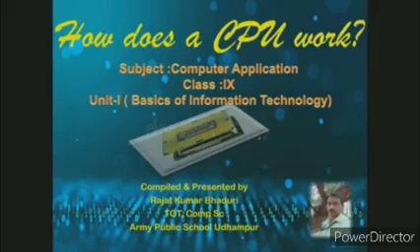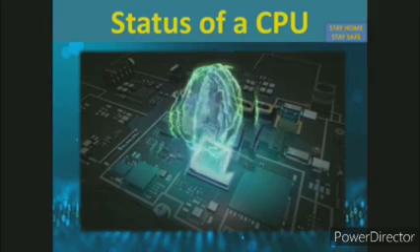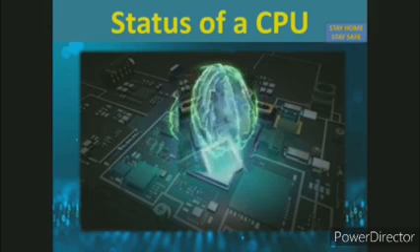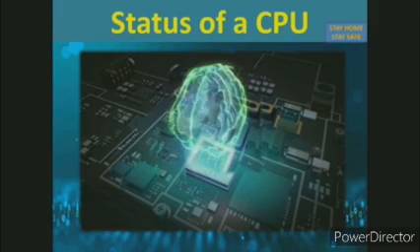We're going to start a fresh new session with a very fresh new topic: how does the CPU work? You have to understand that the performance of a person is directed and dictated by the performance of his or her brain. Similarly, the performance of any electronic gadget, especially whenever data processing is concerned, whether it's a laptop, mobile or desktop, is dictated by the performance of the CPU, that is the central processing unit. So we have chosen this topic. Let's start afresh.